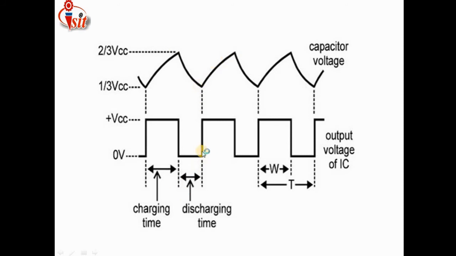Again, for the charging period it will be in a rising direction, and at a particular point it reaches the steady state position, and away from this position it goes in the decreasing direction. Like this, the capacitor charging and discharging periods occur here. This is the charging time of the capacitor and this is the discharging time of the capacitor. This is again the charging time, and again this is the discharging time. Then here the output voltage is taken, where the IC is connected. Thus, by using any kind of input, we are going to generate the square wave from that square wave generator circuit.